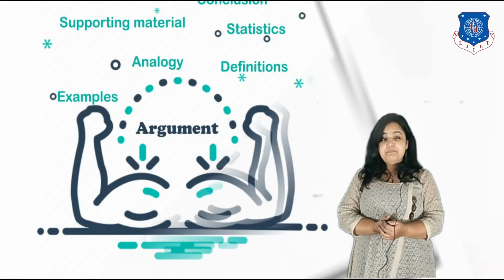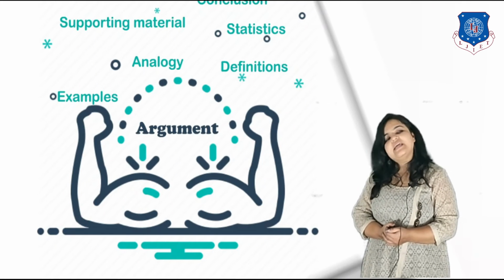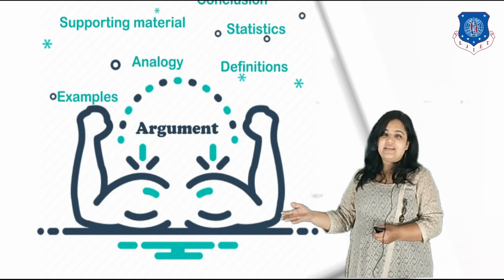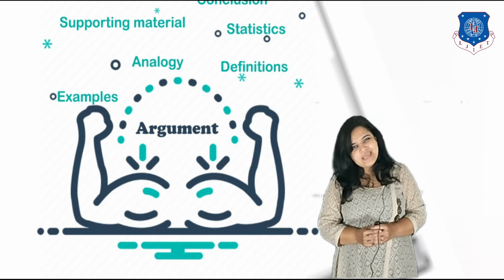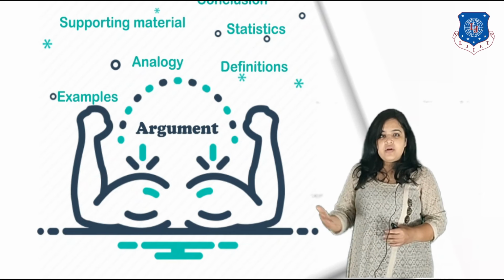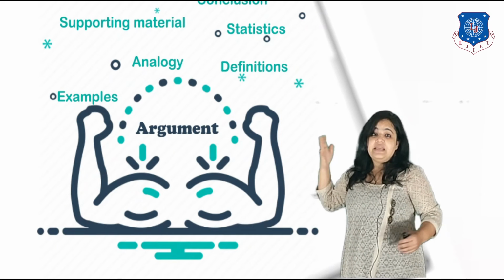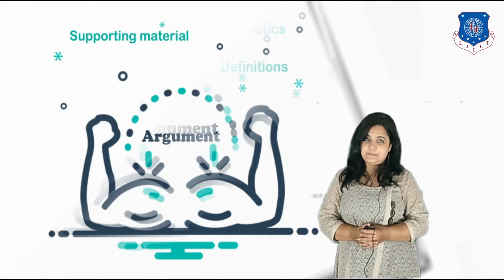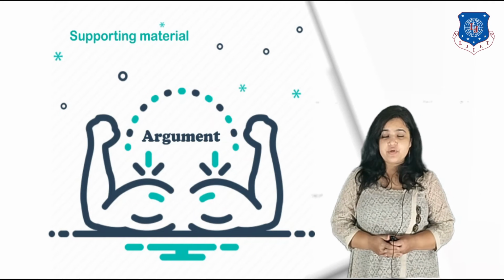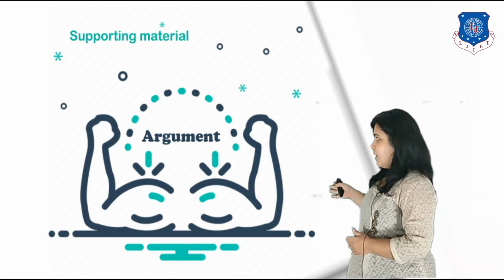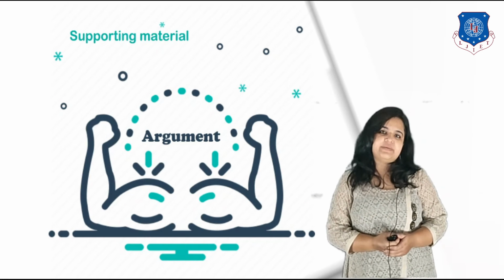Students, but the main text alone is not enough sometimes. You will need some supporting actors to make your main text more effective or to strengthen your argument. In order to strengthen your argument, you require some supporting material. What are the different types of supporting material which can be useful for strengthening your argument or for beautifying your presentation?